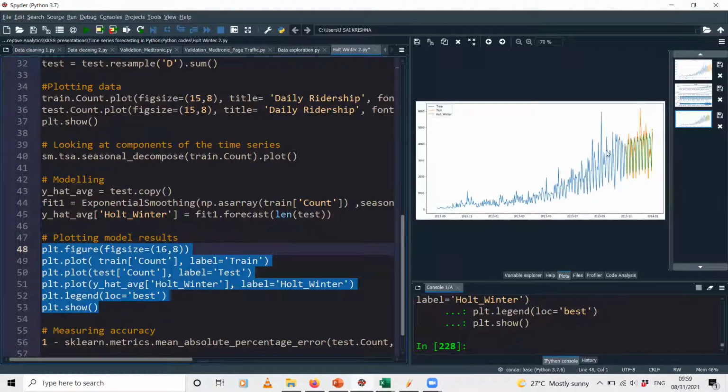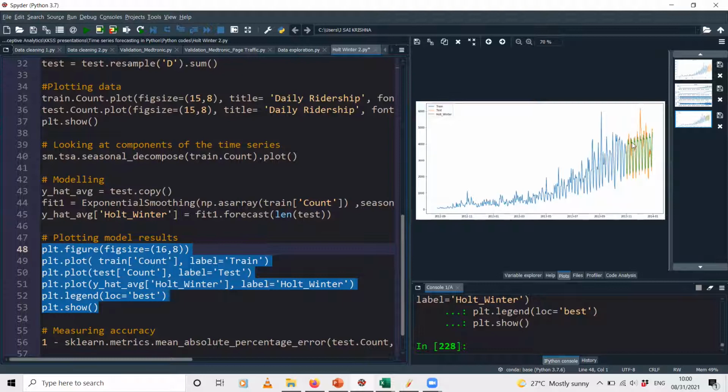It's a bit overlapping, but just see if you can observe that there is this orange line that is the original values, and then on top of that orange line there is this green line which is the predicted values. Can you see it? Can you observe that difference? Yes, sir. It's not very clear. So the green line is basically the prediction using the Holt-Winters method.